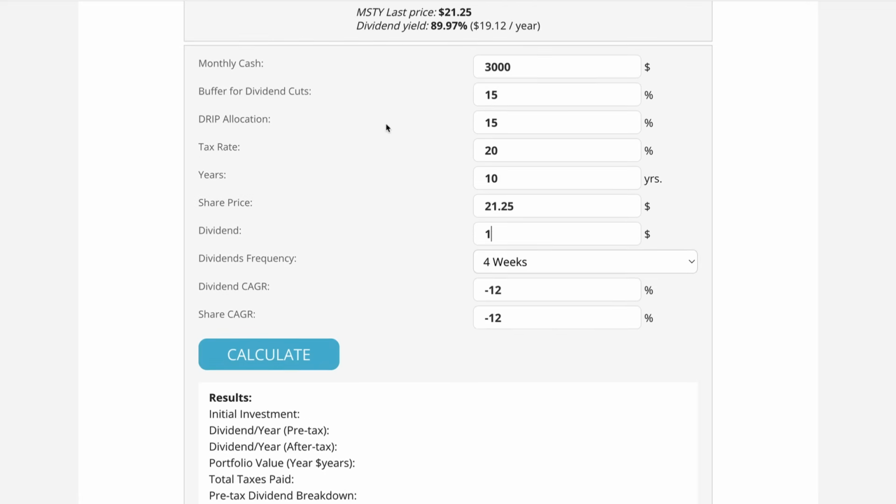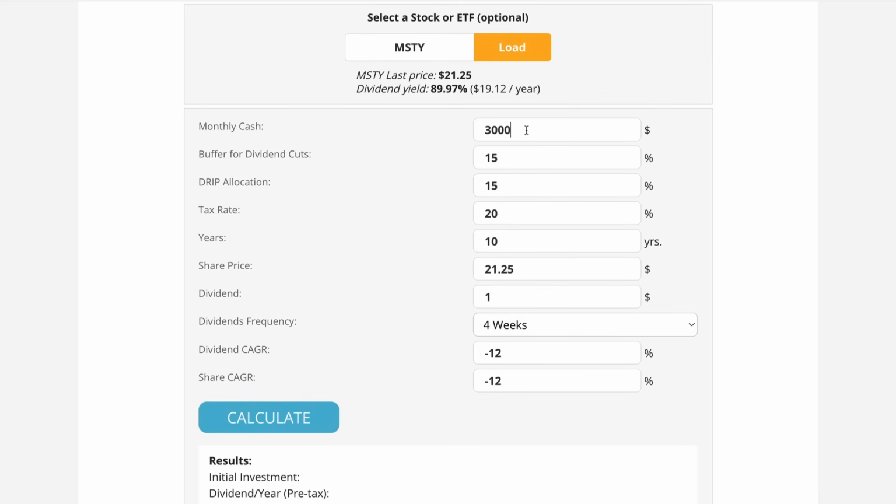Okay, so here we have basically our cash flow goal. It could be your mortgage payment, your car payment, but how much you want to have. And in my case, it's $3,000 for a mortgage. Then I added this cash buffer. It's in case of dividend cuts, but also whatever your pocket money. You can set this to 0, but we'll keep it at 15%, and that's going to be $450, which is 15% of 3 grand. And also, we don't want our MSTY position to evaporate and use all the money for the cash flow. We want to grow our position a little bit, and so I allocate 15% or another $450